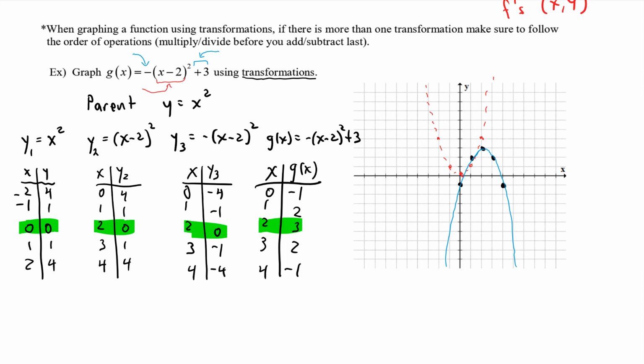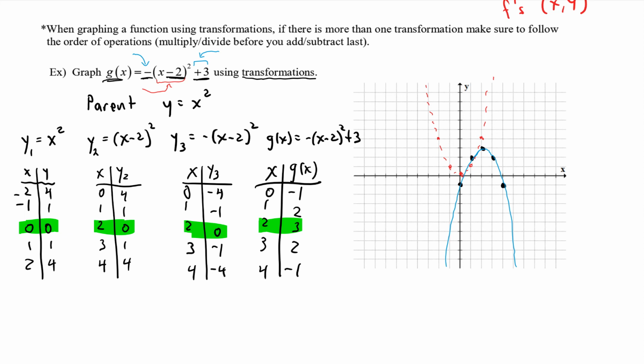So once you get the hang of this, you can look at functions like g here and say, oh, that's just a parabola that's been shifted right 2, flipped over the horizontal axis, and then shifted up 3. You can do that quickly and then plot those 5 points and graph it if you were doing this all on your own and not with an audience like me,